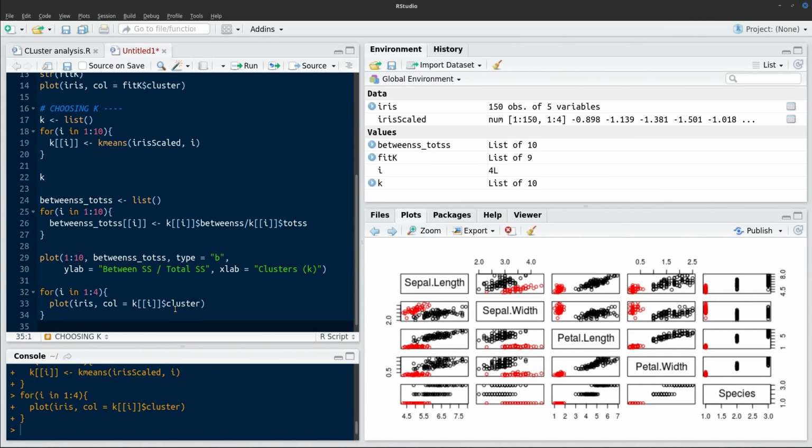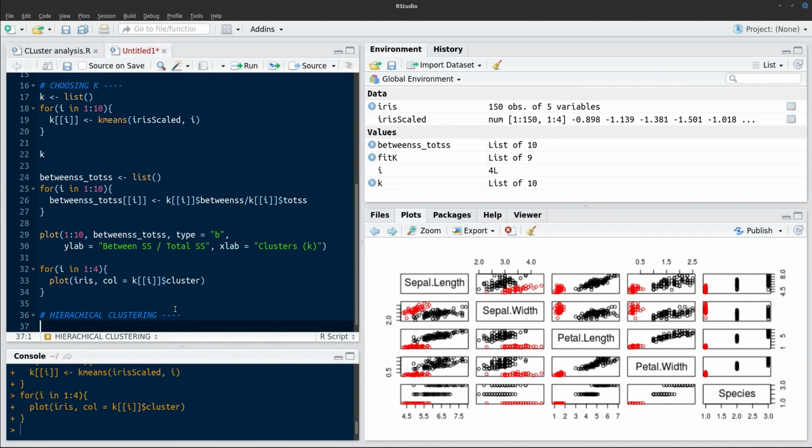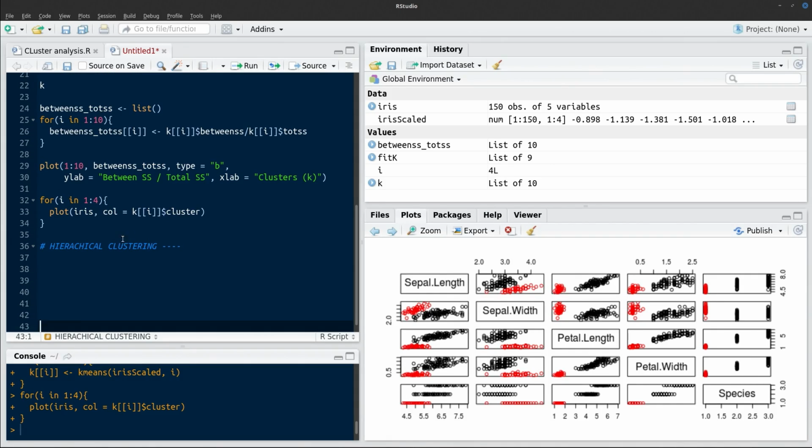Okay, so that's K-means clustering. What about hierarchical clustering? Whereas K-means just finds fixed points in your data set and compares the distance between each observation and those fixed points, hierarchical clustering